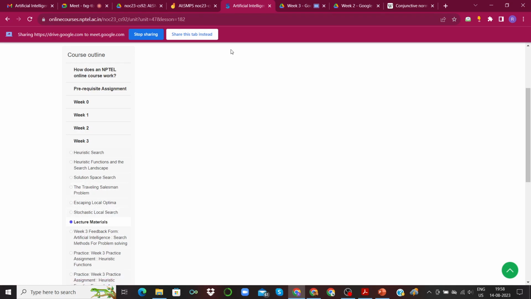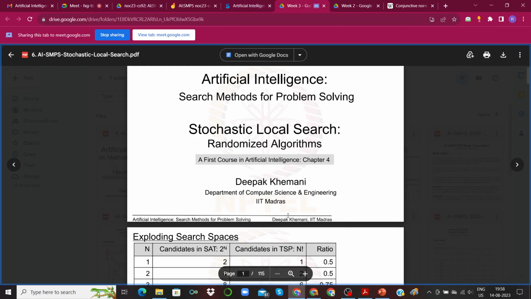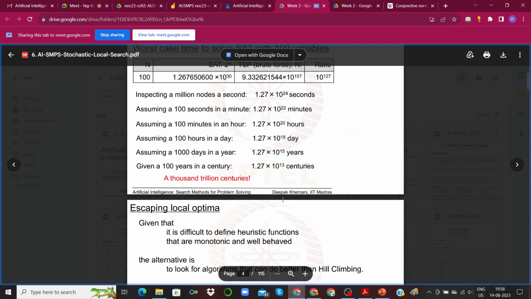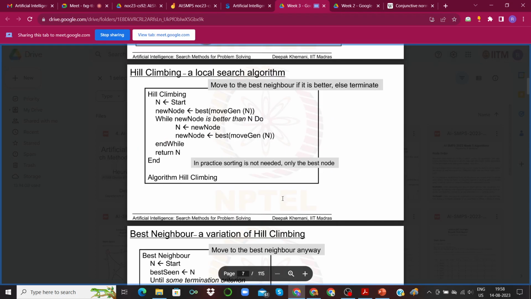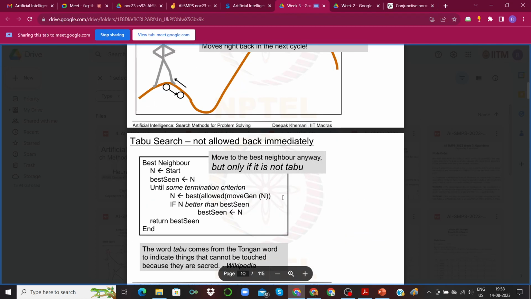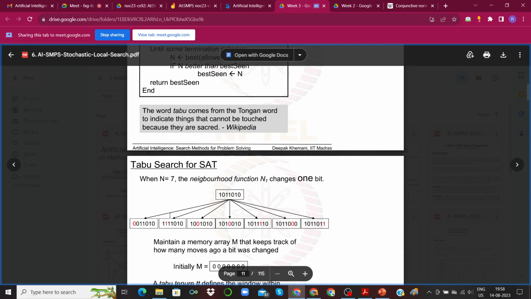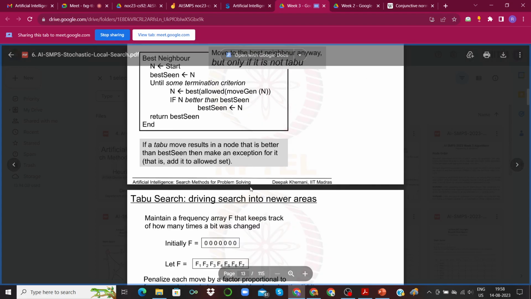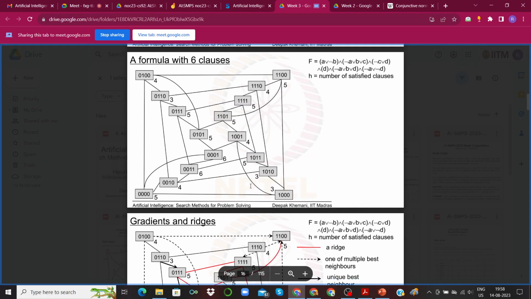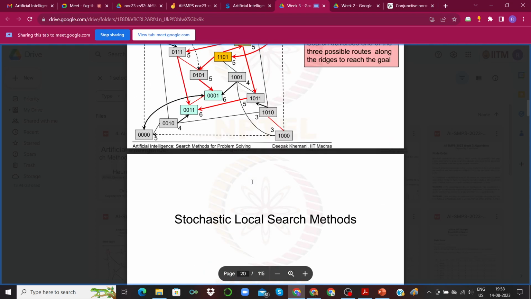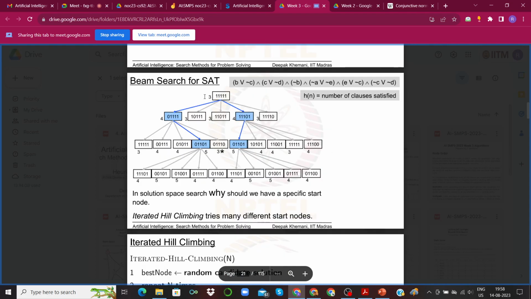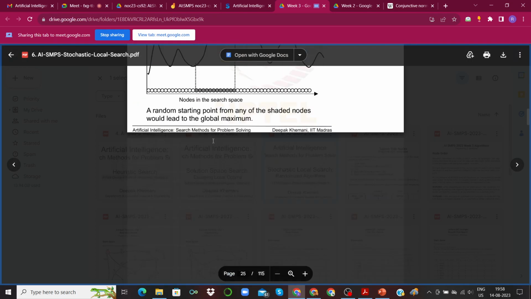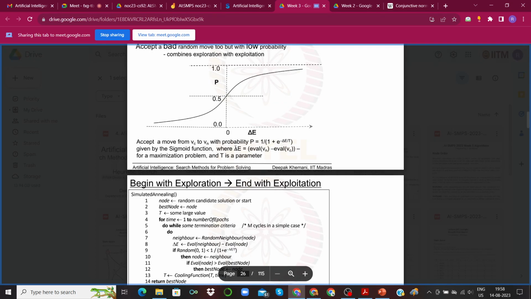Okay, it is there, so that's good. There are a number of methods like taboo search that you could use to find your optimal solution. That could be applicable to the SAT problem, and to the TSP problem as well.